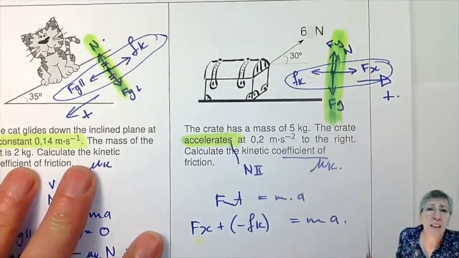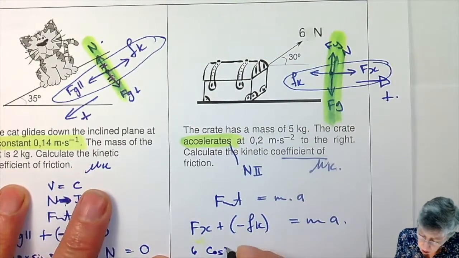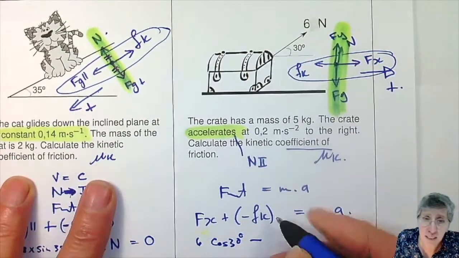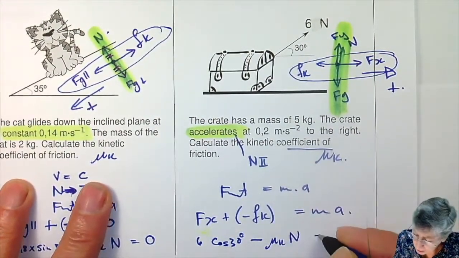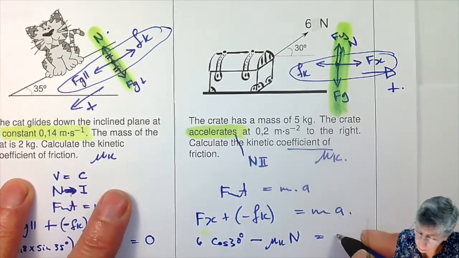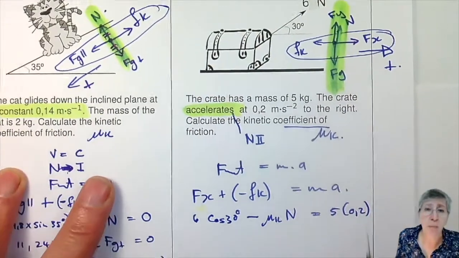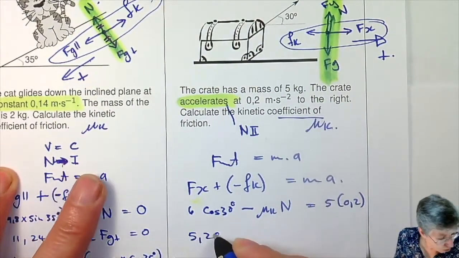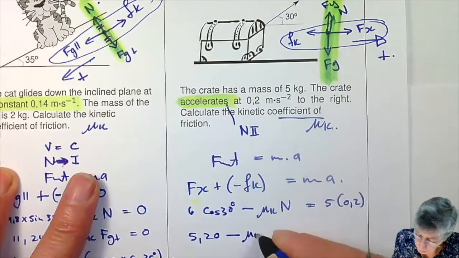Right, how do I get the x component? That will be 6 times cos 30. Right, I have the angle with the horizontal. Minus, I'm looking at the frictional force. That will be mu k times N, and that will be equal to the mass of 5 times the acceleration given to me, 0.2. Right, so here I end up with 5.20 minus mu k, and now I have